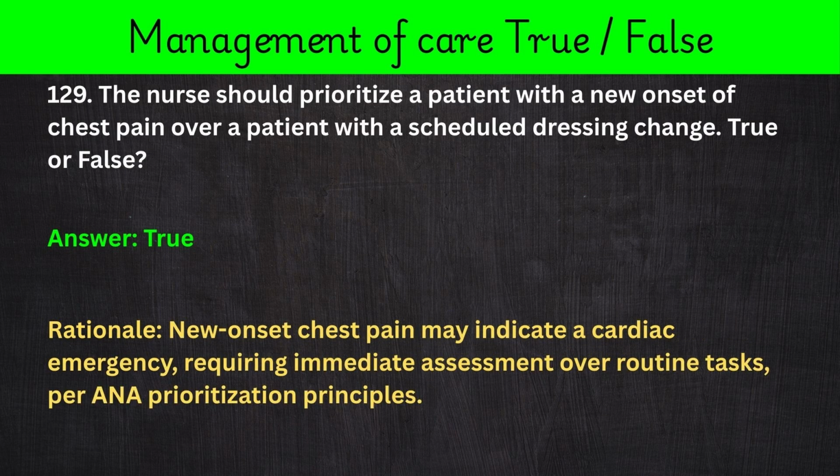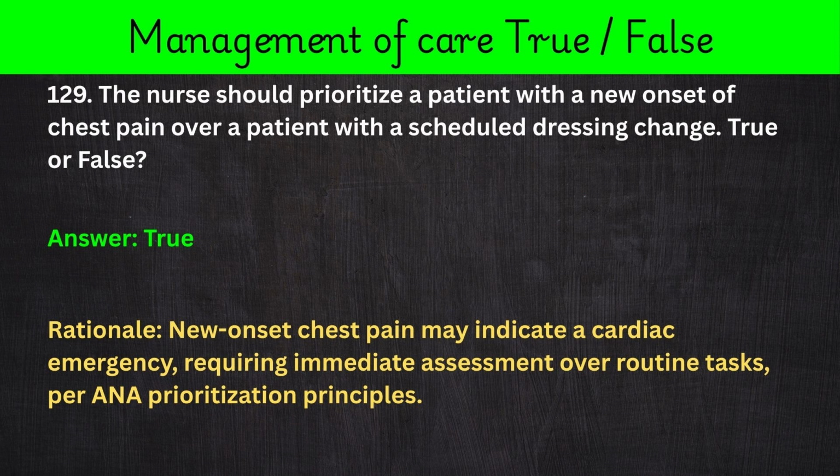129. The nurse should prioritize a patient with a new onset of chest pain over a patient with a scheduled dressing change. True or false? Answer: true. Rationale: new onset chest pain may indicate a cardiac emergency, requiring immediate assessment over routine tasks, per ANA